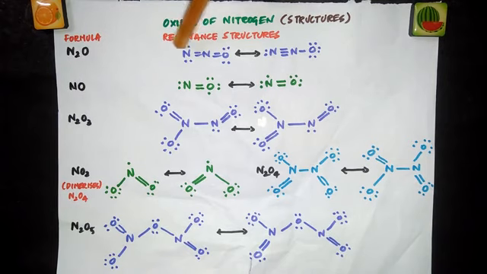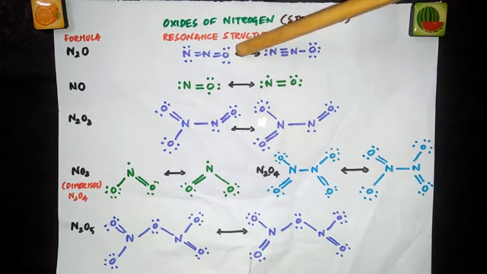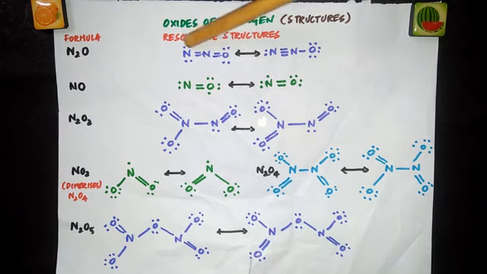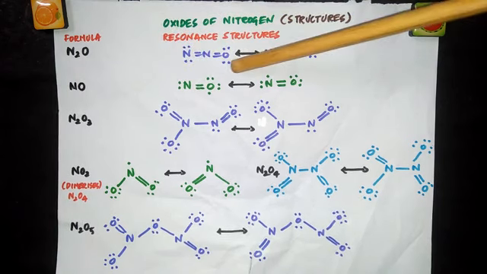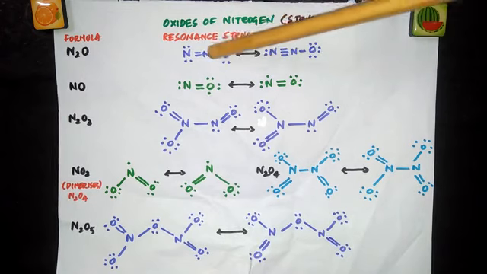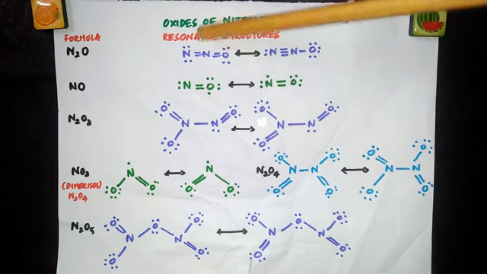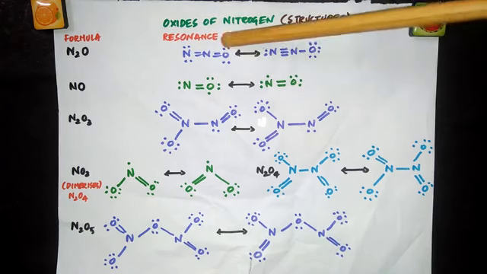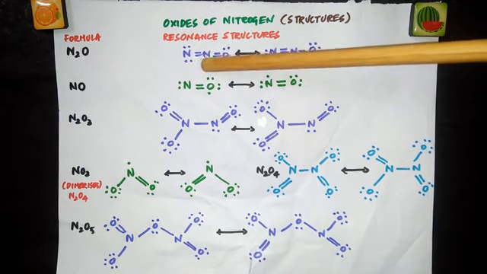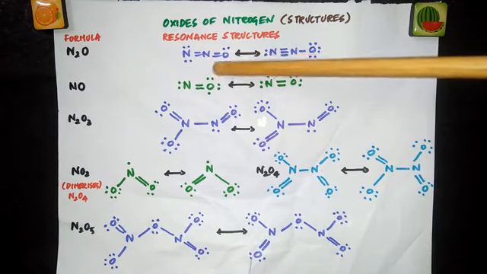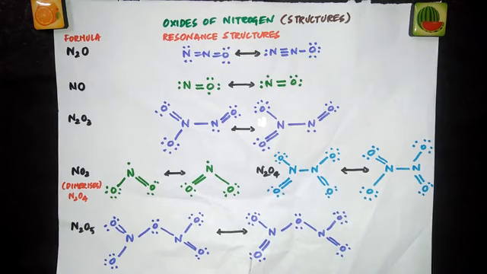And draw the skeletal structure. Just draw N, N, O and place electrons in between them, so that the octet is satisfied for these outer atoms. So you have to put 8 electrons around nitrogen, 1, 2, 3, 4, 5, 6, 7, 8. And then here also you have to put 8 electrons around oxygen, 1, 2, 3, 4, 5, 6, 7, 8. I haven't drawn that structure, I'm just telling you. So you will be having 8 electrons around nitrogen and 8 electrons around oxygen, and 1 pair of electrons will be between nitrogen and nitrogen, and 1 pair will be between oxygen and nitrogen.